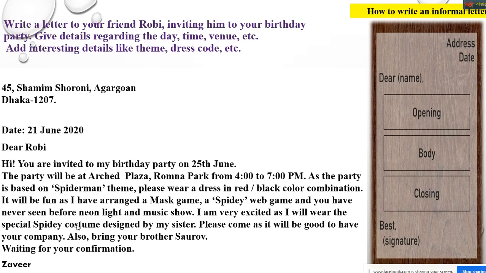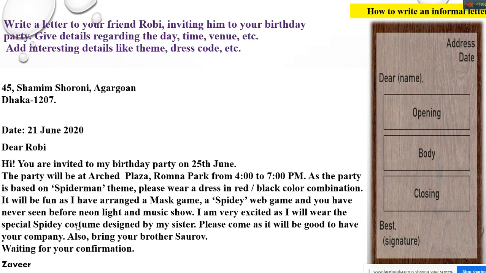But we have not followed the British style; we have followed the American style, because nowadays students don't like to follow the British style. They love to follow the American style, I mean the left align. The same templates are there in British style and American style, but the writing style is different. That means in British style they use a combination of left align and right align, but in American style we have only left align, right?